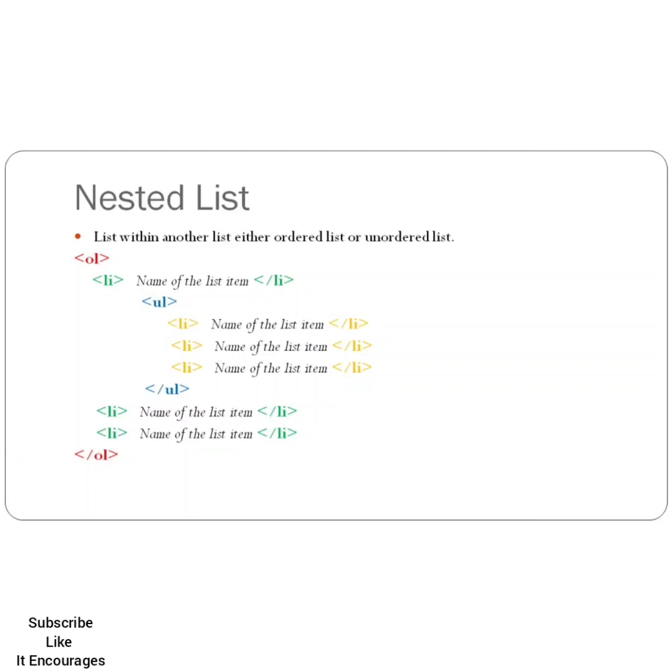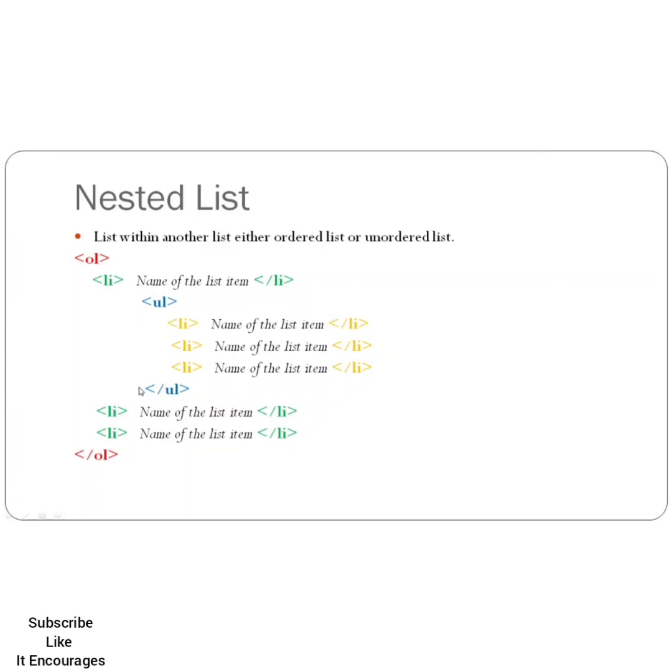The last type is the nested list. A nested list is simply a numbered or a bulleted list that is contained within another list. This is useful when we wish to display items at different levels within a list hierarchy. In this we have the flexibility of creating both ordered lists as well as unordered lists, or a combination of both. As we can see here, there is an ordered list tag at the outer level, and then we have a nested unordered list on the inner side.